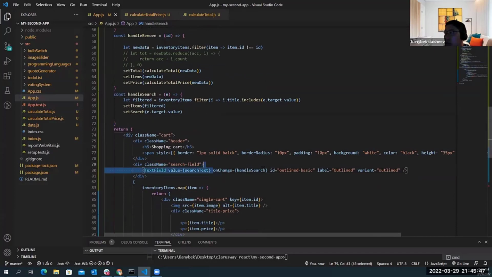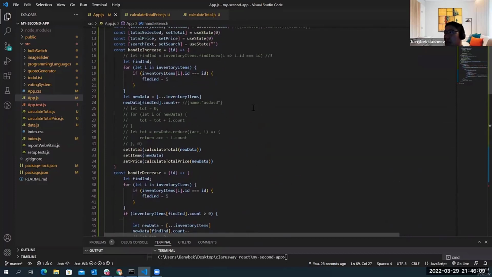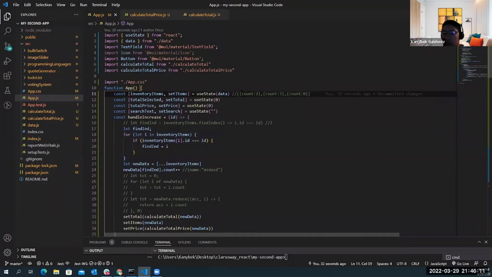When I type something, this onChange fires this handleSearch, and that handleSearch sends me some target value. Okay, I'll pick up from my inventory items if that target value is included in my objects, in my title object. So the object titles looks like this, right? I have title also here, and some name over here, let's say iPhone, and then title for him,